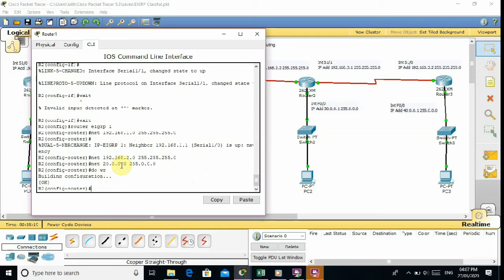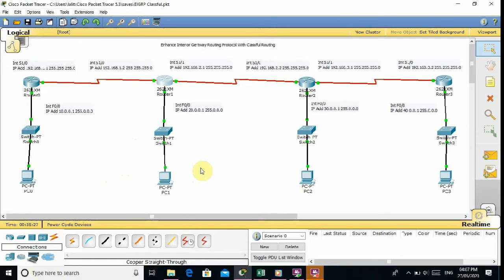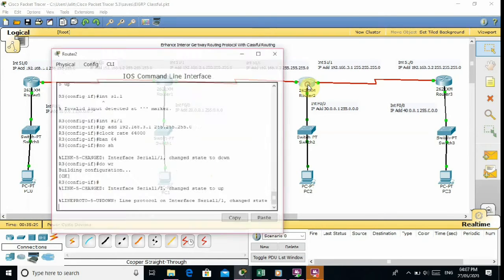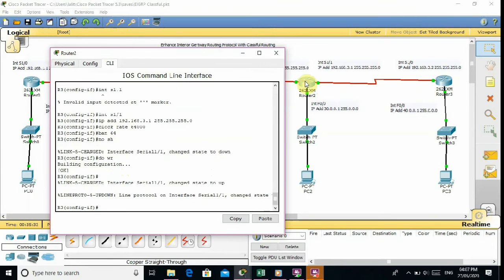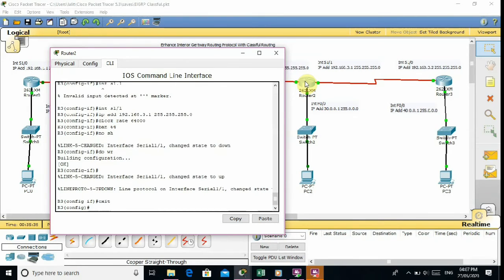Now I will go on router third. Here you can see this is the router third. I am going on configuration terminal mode.